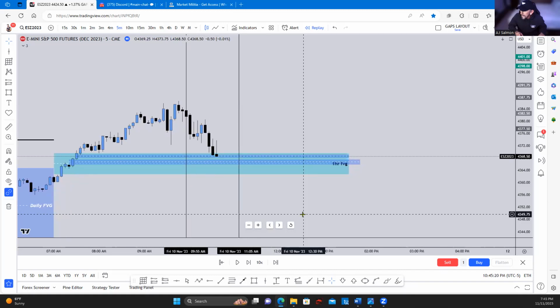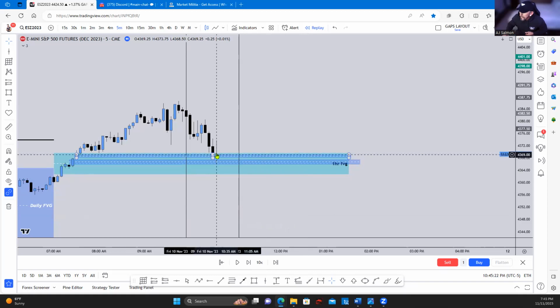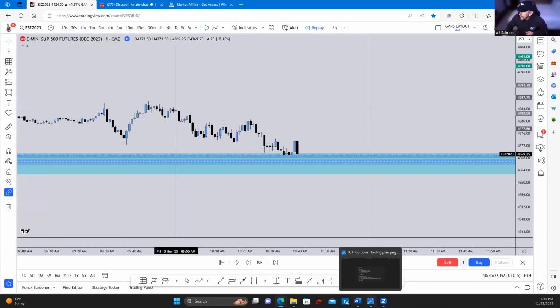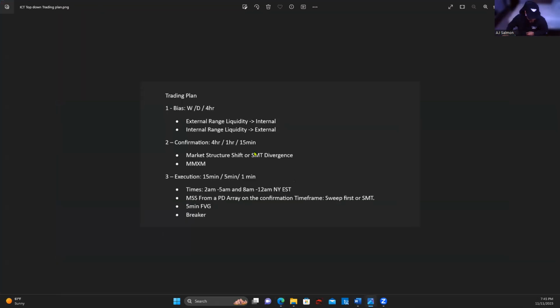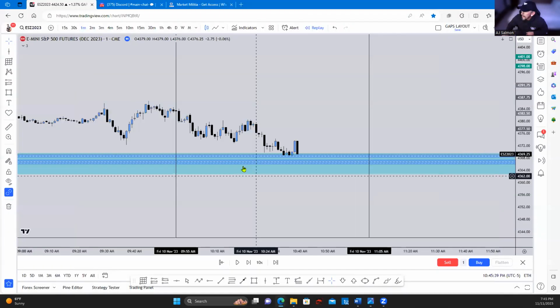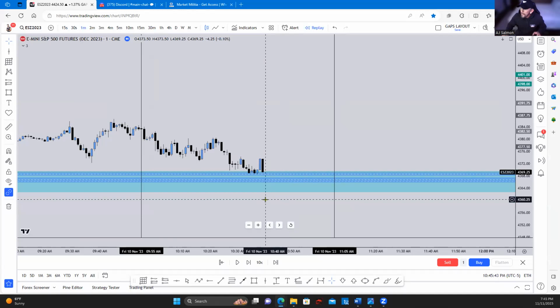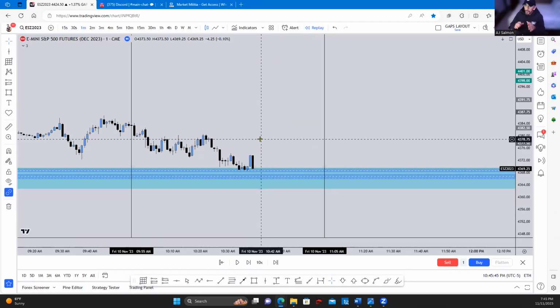Okay, now we're entering that 5-minute fair value gap. So this is where you would drop down to your 1-minute, right? Again, we look at our trading plan. Everything's lining up here. Daily bias, confirmation on the 1-hour market structure shift, execution of 15, 5, and 1. So we're dropping from the higher down. Everything's lining up here. Okay, so now we're on the 1-minute and we're waiting for market structure to shift on